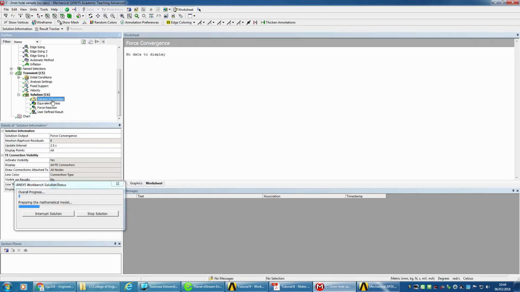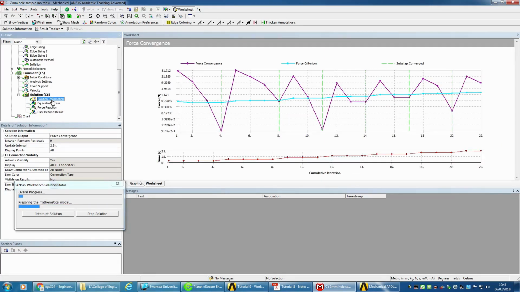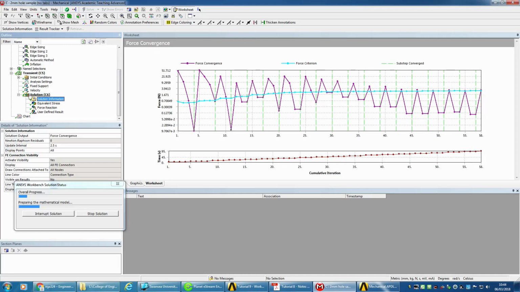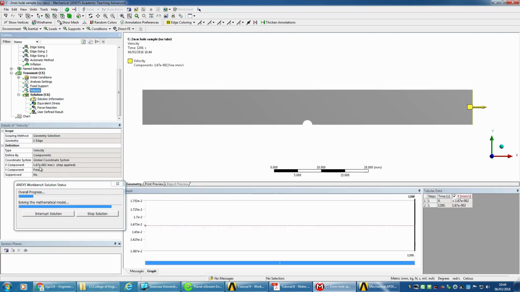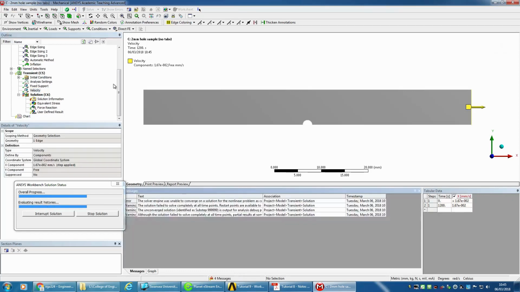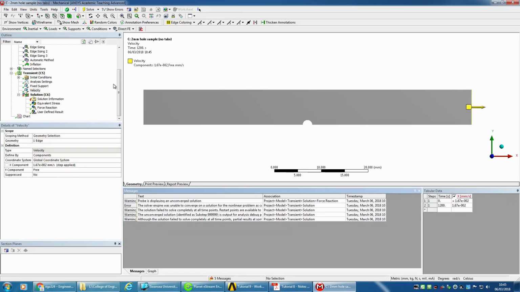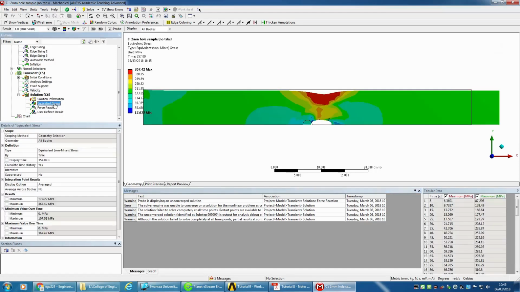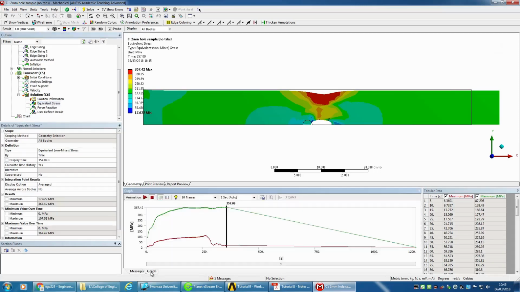We've still got a fixed end on one end, and we've got a velocity boundary condition on this end. The velocity we've kept at that 0.0167. I understand that this year as well on your experiments you're going to be running at a higher strain rate of 3 millimeters per minute. So when you go to your models, you have to make sure that you're putting in the equivalent velocity boundary condition for your strain rates. So running that through